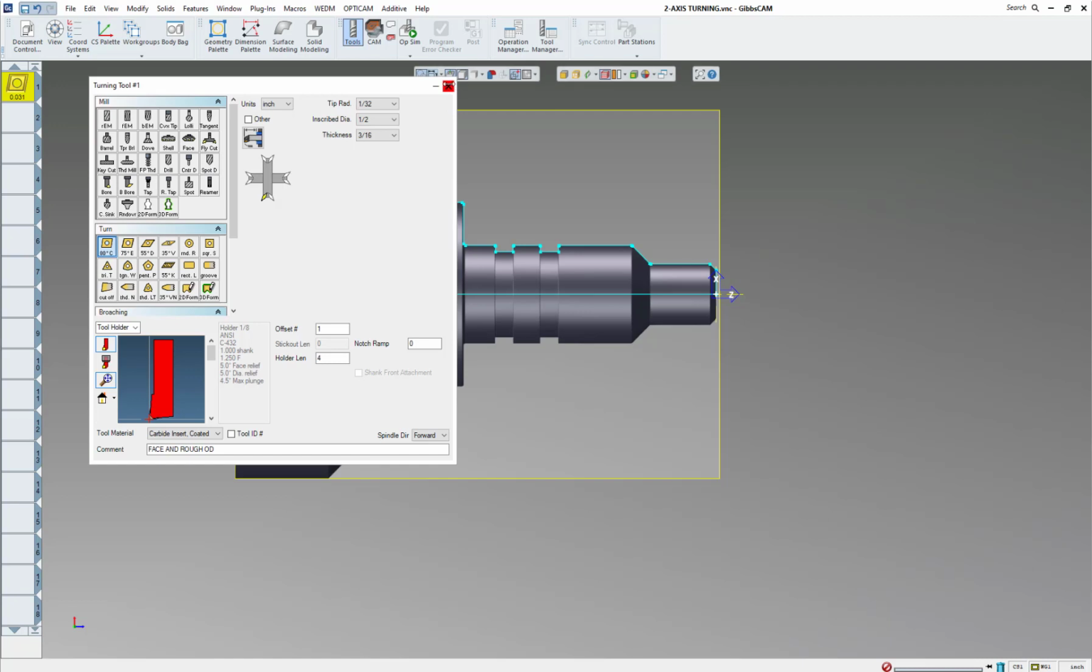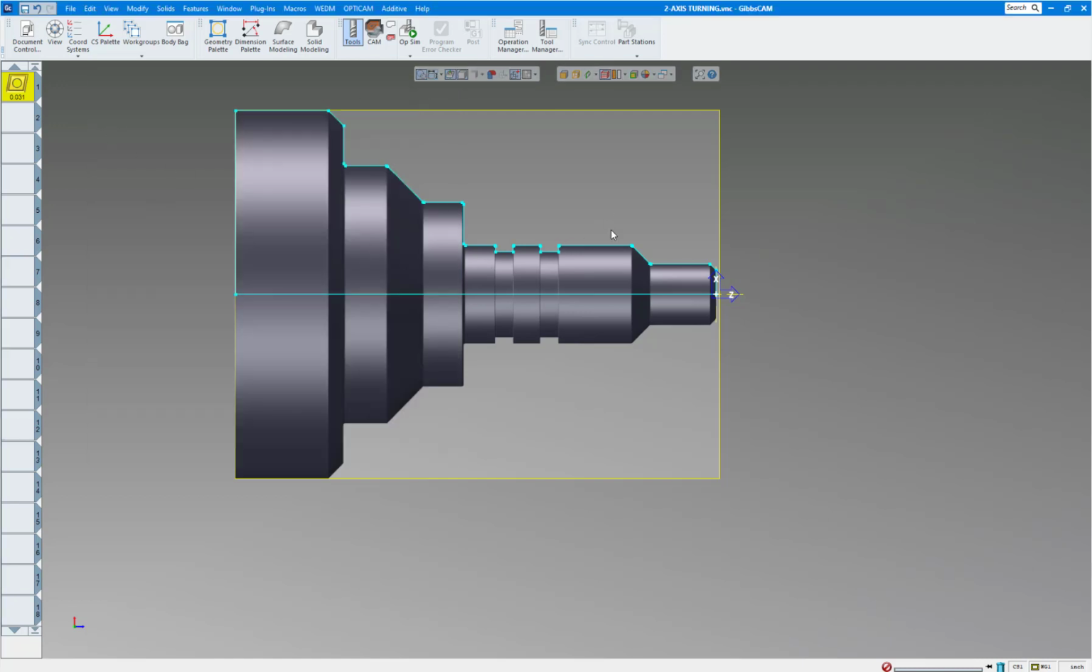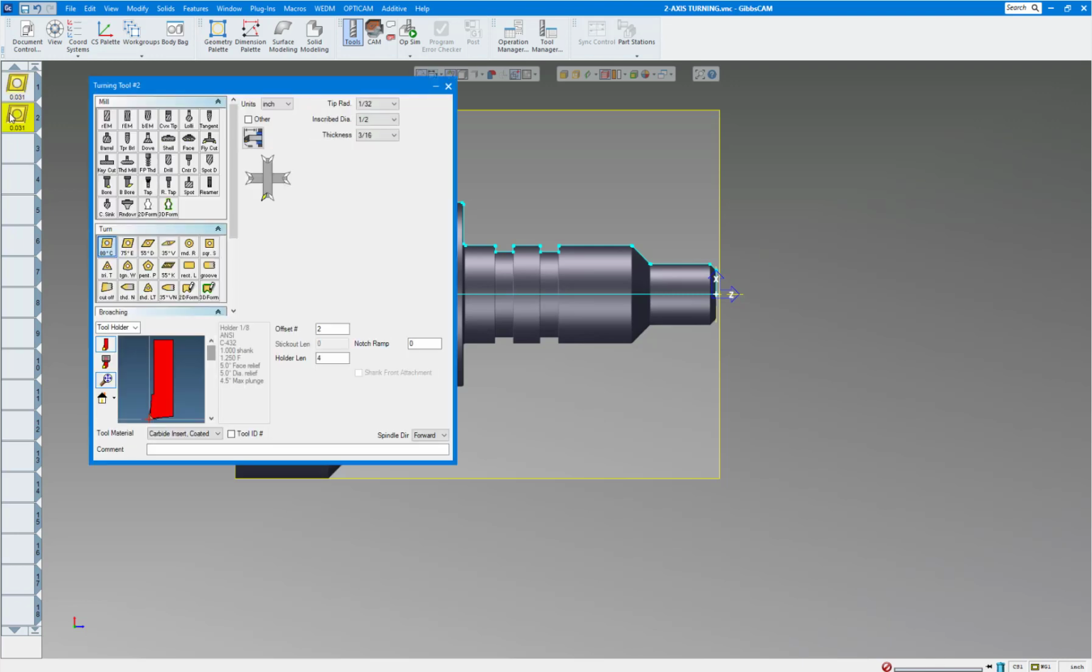Okay, let's just close that. Let's make a new tool. That'll be for our facing and roughing of the part. Our next tool is going to be a 55-degree, and it's going to be a 64th tool nose radius. Again, I'm going to choose 1/2 inch IC,